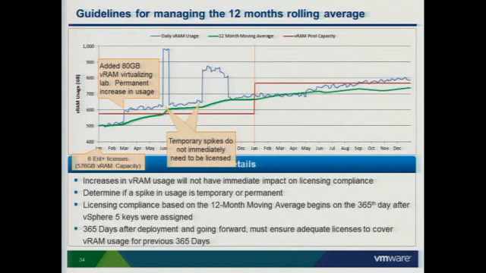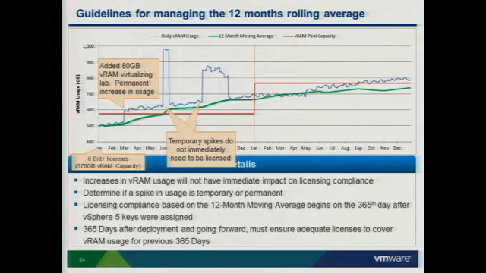The first year from the first upgrade is actually a special year because you need 365 values of your daily usage to actually generate the first value of the moving average. And therefore, for the first year, you're really not required to license your capacity above the 12 months moving average until the 365th day. Now, we advise and recommend that you don't fall back too much because you may have